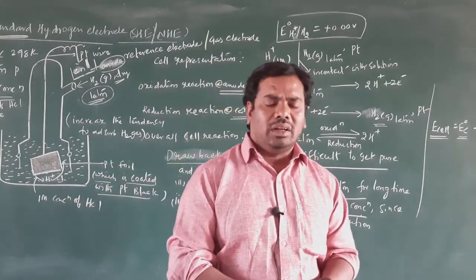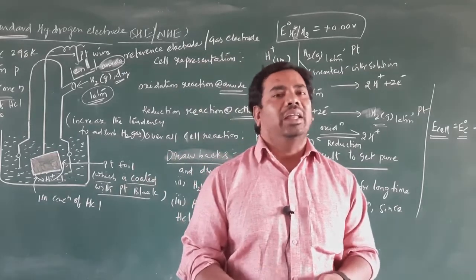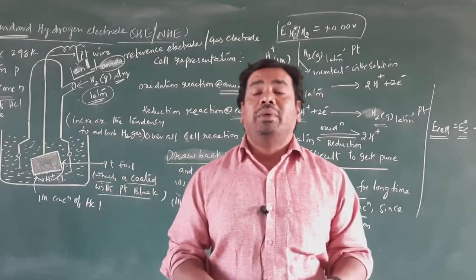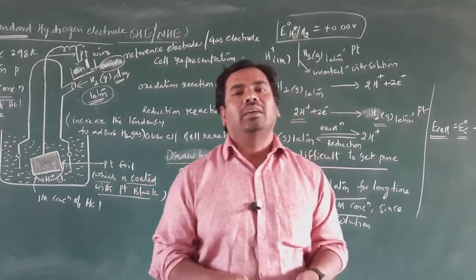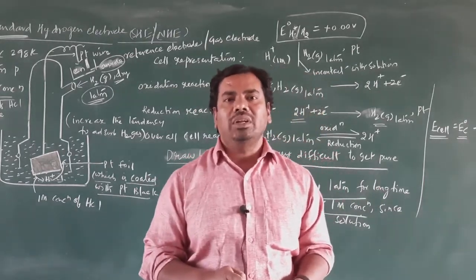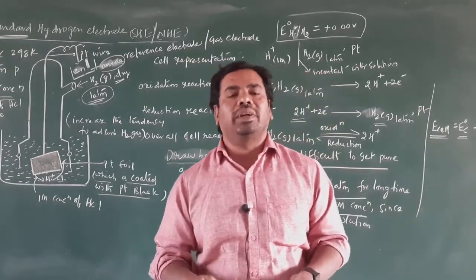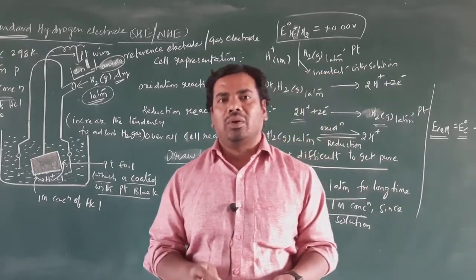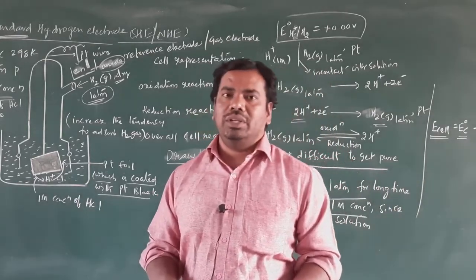One more thing, it is not easy to carry the hydrogen electrode. It gives good results when connected with other electrodes, using the hydrogen electrode as the reference, but it is very difficult to operate and very difficult to carry. So these are the few drawbacks of the hydrogen electrode. Okay, clear, student? So this is the construction of the hydrogen electrode. Thank you.